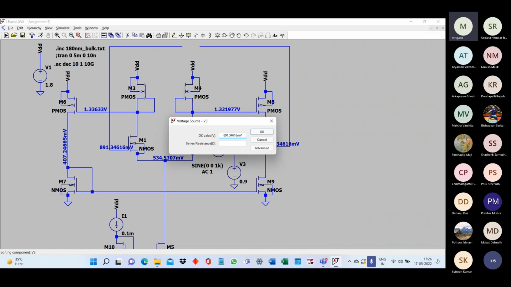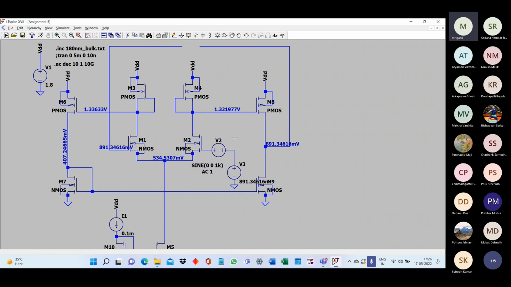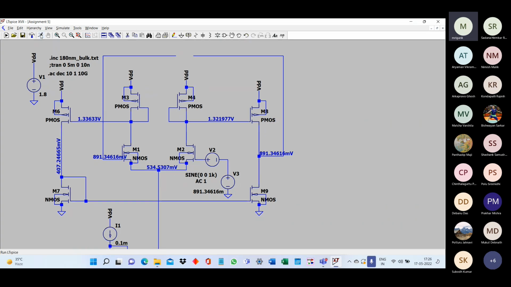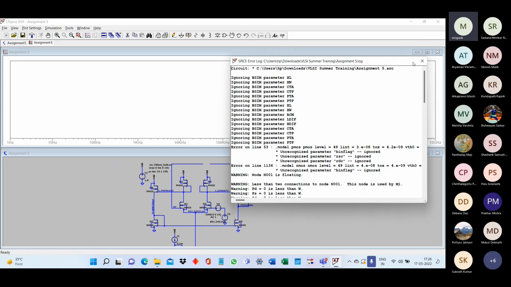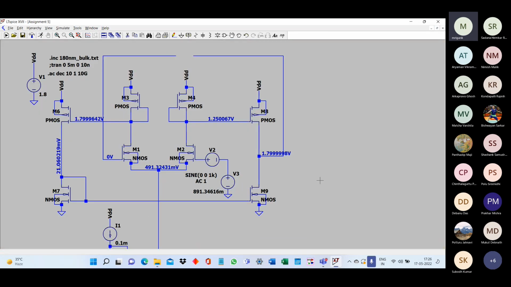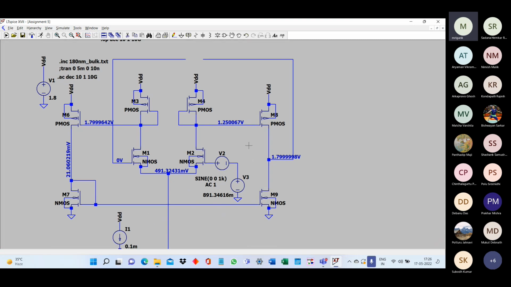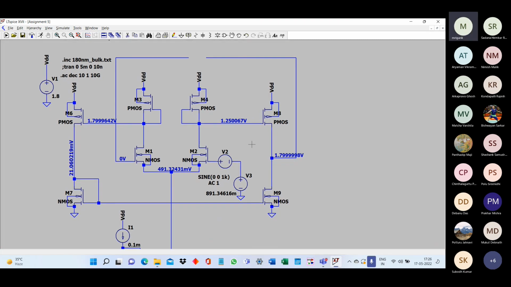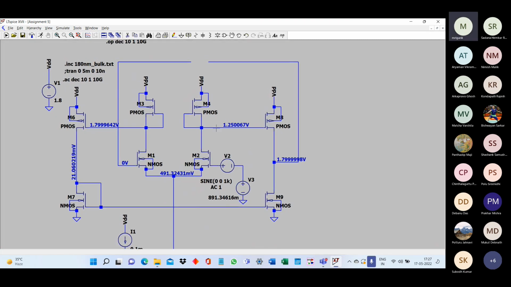For that, we will just keep that same DC voltage at the input, which is producing that required DC at the output, so that the output is DC biased properly. We know that this particular amplifier stage, the DC bias is not stable unless you have a feedback operation. So in order to observe the open loop response, one possibility is that you just